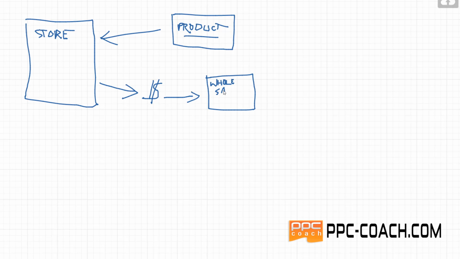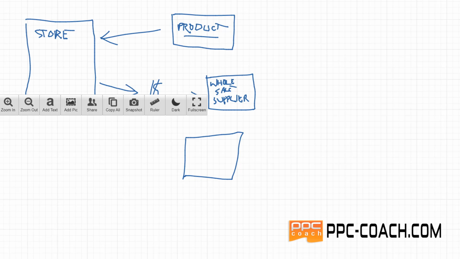Wholesale. Now there's a lot of apps too that do that. Supplier. Should probably type this out instead, but anyway. So the wholesale supplier is who I would go to, and I would make the purchase. But at the supplier, I'm going to give them, maybe I'll try typing here. Can I do typing on this? I think so. So here I'll put